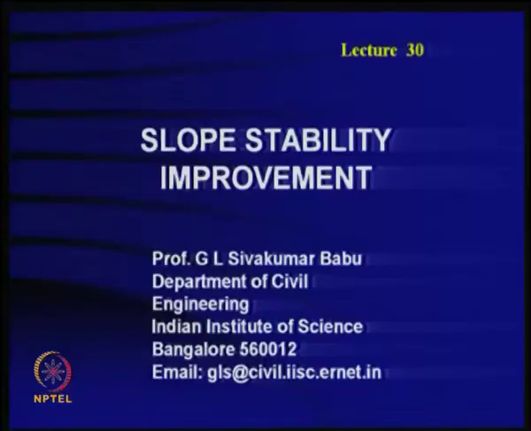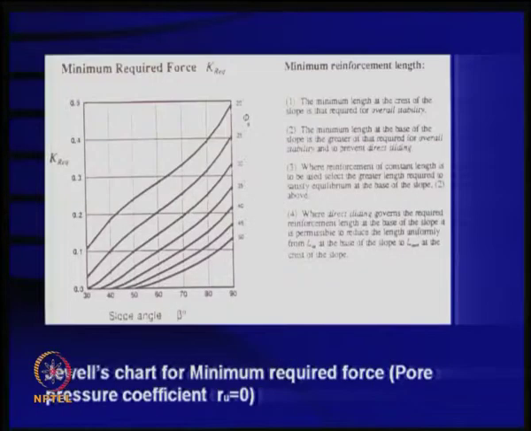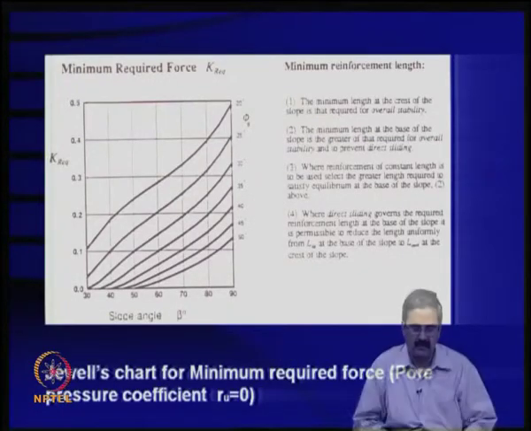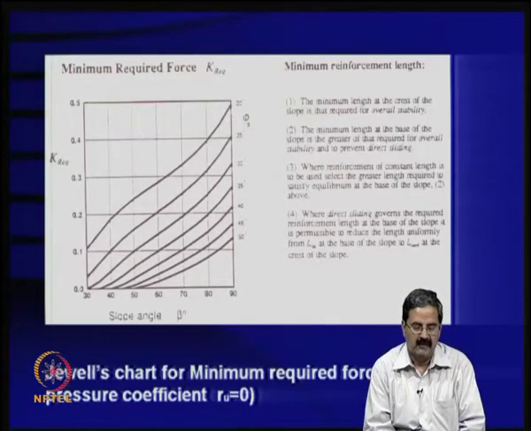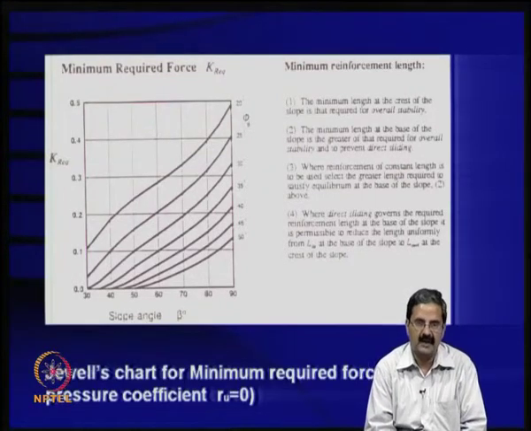We will be continuing this slope stability improvement using geosynthetics or any other suitable form of reinforcement in this lecture. And as I just mentioned, we have a simple method in which you know the required reinforcement force in terms of the coefficient K. In the case of a retaining wall which is vertical, Ka gamma h square by 2 will be the force, and Ka can be calculated